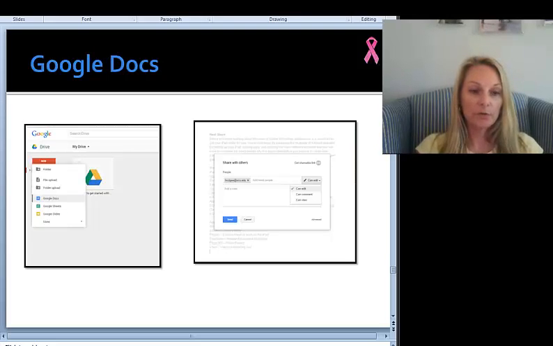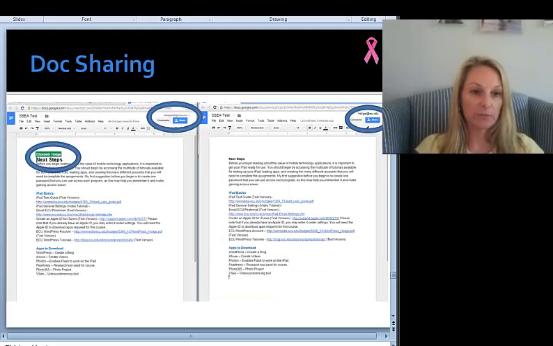So when you open up your Google Drive, you can go to New to create any one of these types of documents, which you'll be doing for your assignment. I've shared with you a Google document that you're able to edit. And again, by sharing this document with you, we can edit it at the same time,